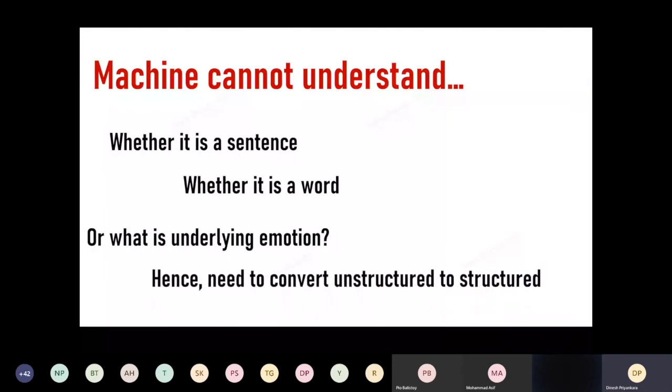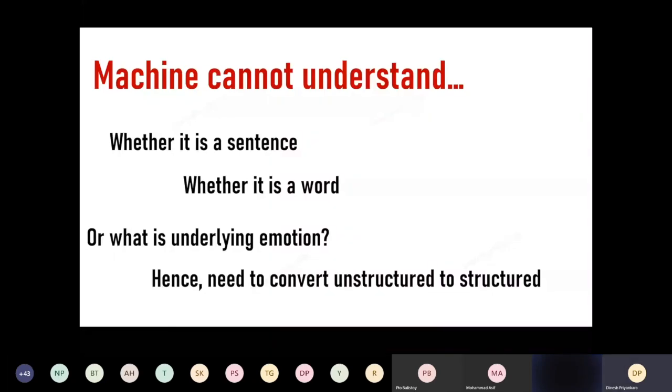One way is, yes, we have the unstructured data set. You have to use the machine for converting it to structured data set, and then we can use the machine for getting the sentiment value of it. So one thing you need to remember is, even though we are working with unstructured data, you have to make sure that you convert it to some sort of structure, and then ask machine to learn it, understand it, find a pattern of it, and then you can use it for sentiment analysis.